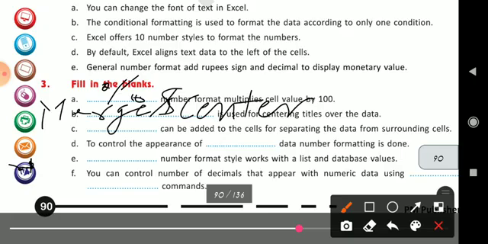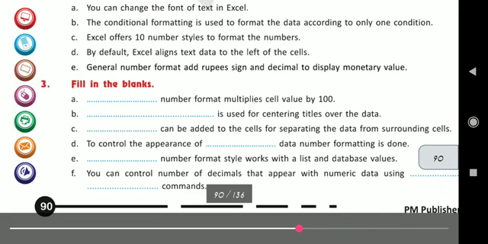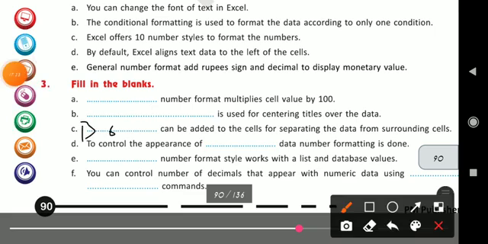Third, dash can be added to the cells for separating the data from surrounding cells. Very easy. Border can be added to the cells for separating the data from surrounding cells, because border is used to separate the cells. So here answer will be border. Okay, border.